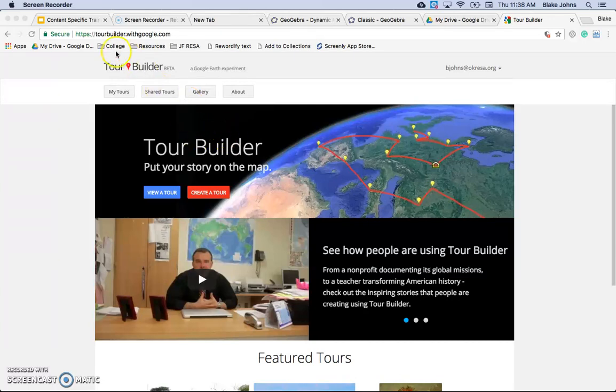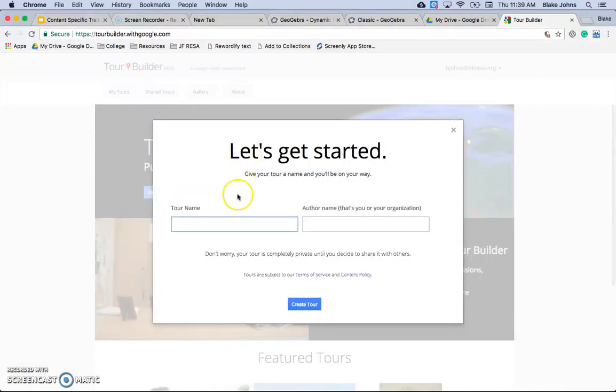Okay, so if you go to tourbuilder.withgoogle.com, you'll be able to log in. There'll be a blue button here to sign in if you're not already signed into your Google account. But once you get there, you can create a tour, or you can go in the gallery to see if there's something already made. There's not very many there in the gallery, but if you click Create Tour, it'll ask